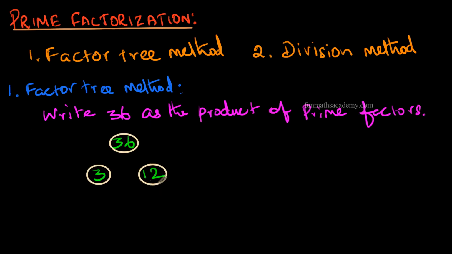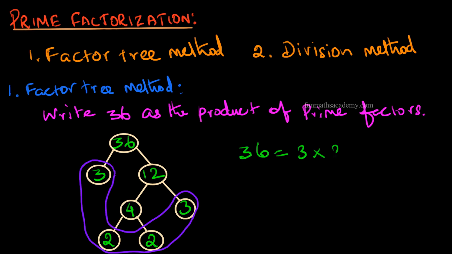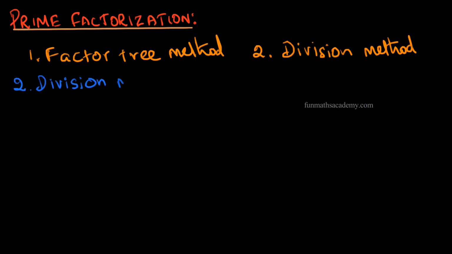For example, let us find prime product of 36. 36 can be written as a product of 3 and 12. Since 3 is prime here, we stop there and concentrate on 12 now. 12 is a composite number and so we write it as a product of 4 and 3. Here too we get 3 which is prime, so we leave it there. We focus on 4. Writing 4 as a product of 2 and 2, we will get our factor tree. We stop here as all the ends are prime. Now we can write 36 as 3 times 2 times 2 times 3. Usually the product is written in ascending order and so we rewrite it as 2 times 2 times 3 times 3.